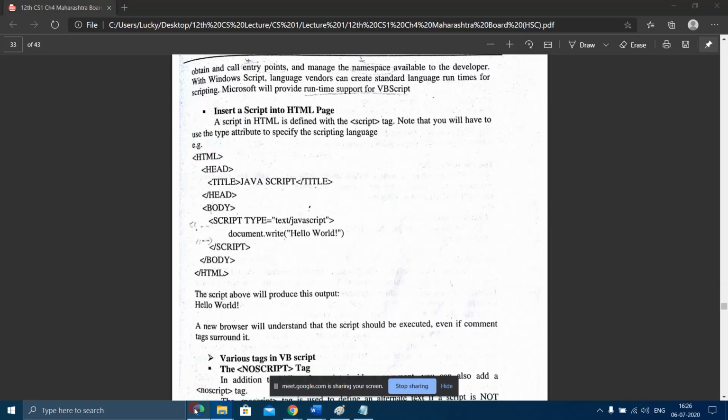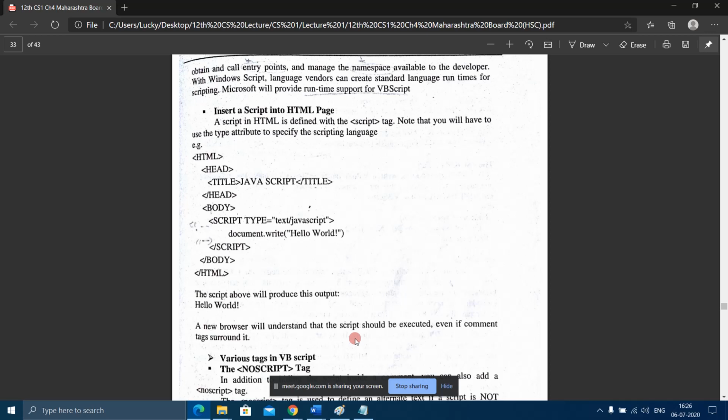So let's get back to here. The script above will produce this output. Simply going to print whatever is written in document.write. Now here in the next line, if you'll see what's written, a new browser will understand that the script should be executed even if comment tags around it, because this textbook is old. Here they have mentioned a new browser will understand.